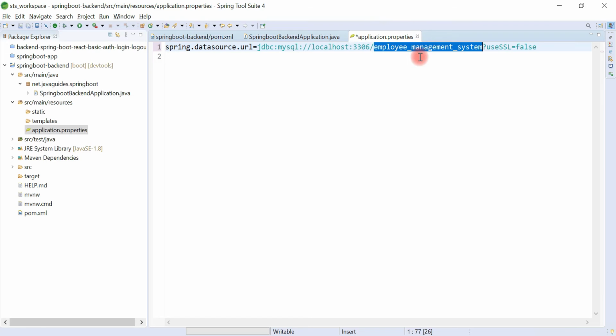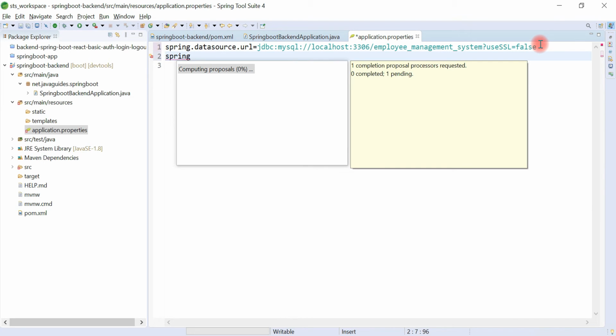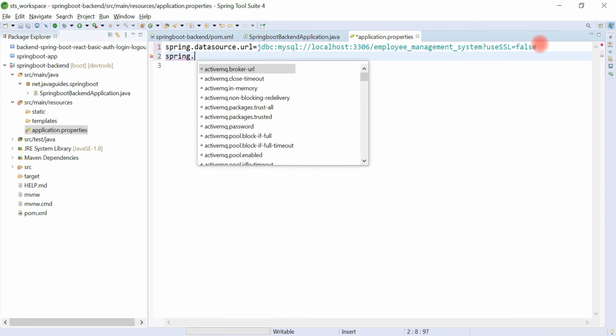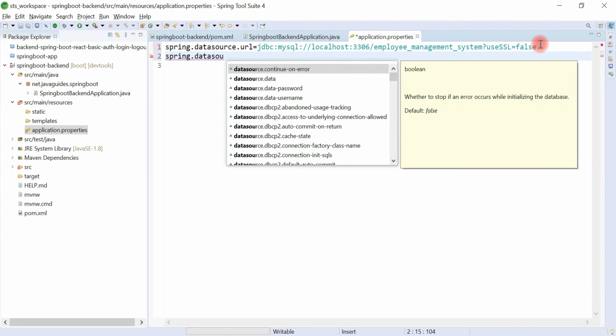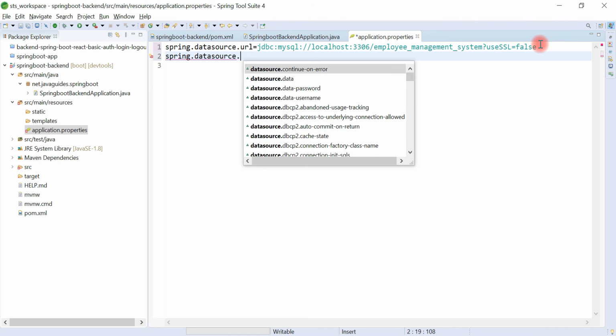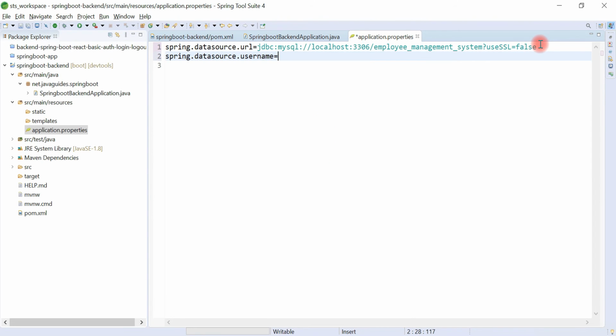Look here, we have the employee_management_system database that we just created in MySQL Workbench. Similarly, let's configure username and password. Let's type the property spring.datasource.username.